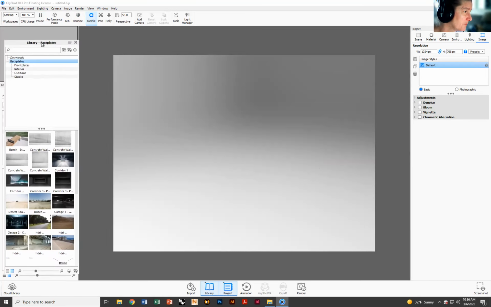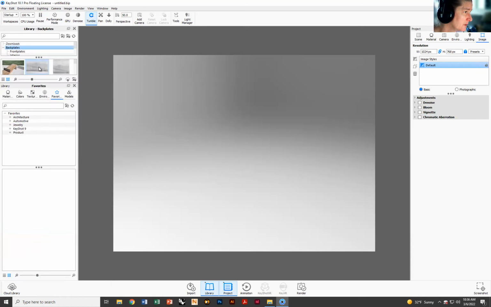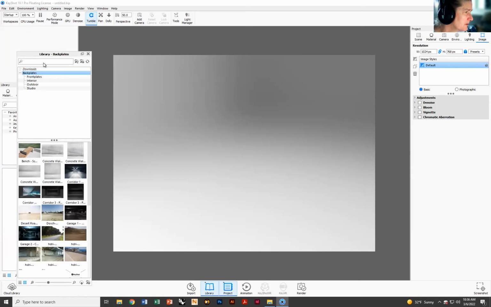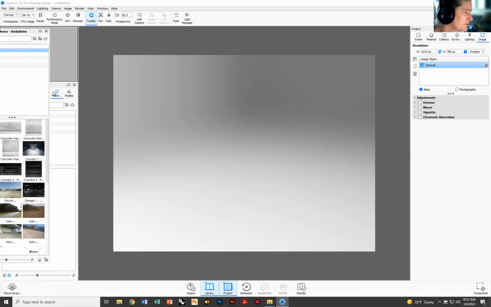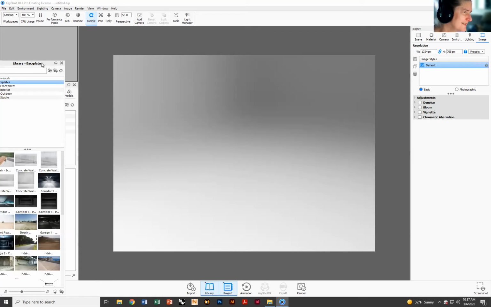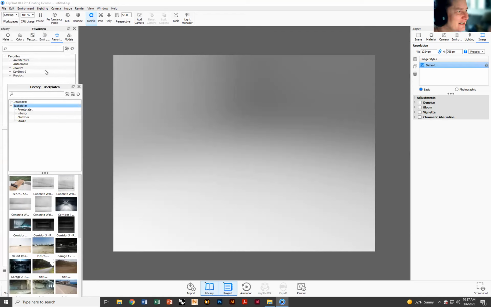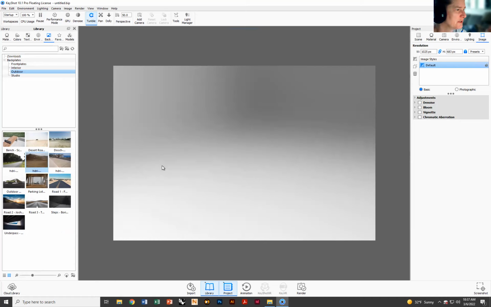Oh, I just grabbed off the backplate thing. I didn't mean to do that. Yeah, here we go. Let's put that back where it belongs. Sometimes when you're dragging things around, especially when you have something slower, there it is, the back plates ended up there. We could drag this image over here, and then we are now rendering on this